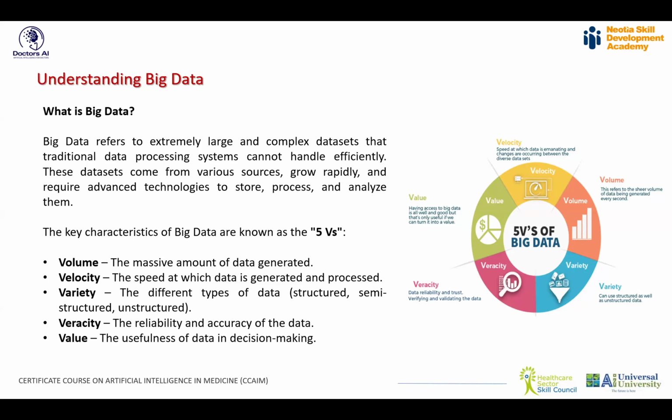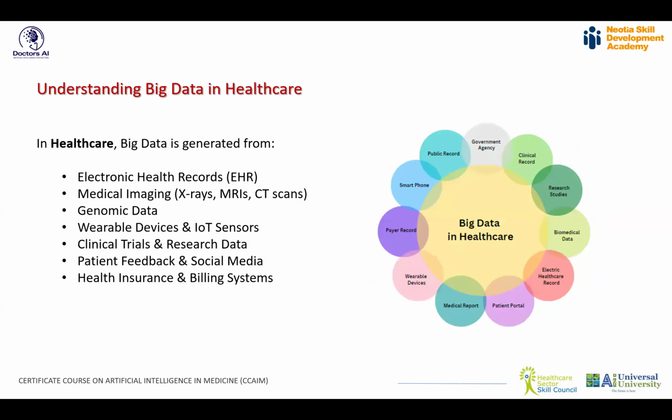And with read and write operations, first we write and then we read. These operations should be such that we are in a position to use the data in an effective way. That is why technology has classified this category of data as big data, which carries 5 V's: volume, velocity, variety, veracity, and value. We will explain that in more detail. Now, what type of healthcare data can be classified as big data?